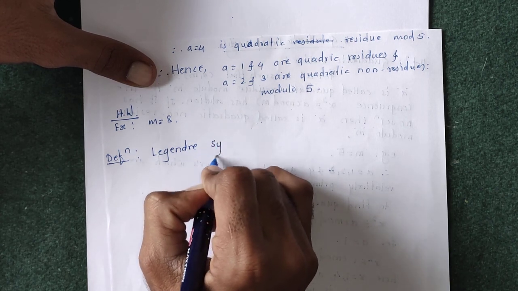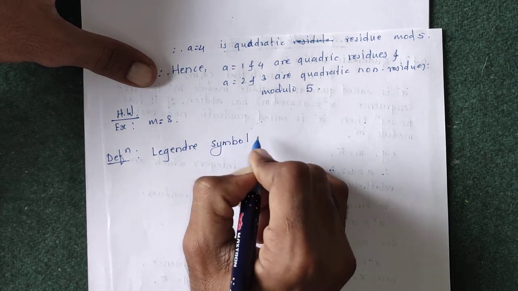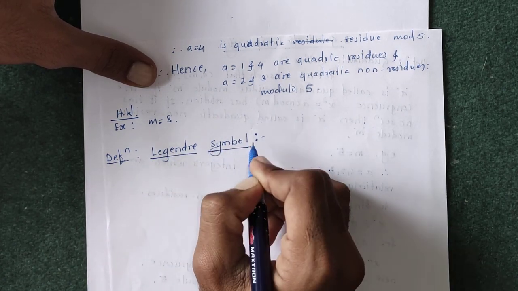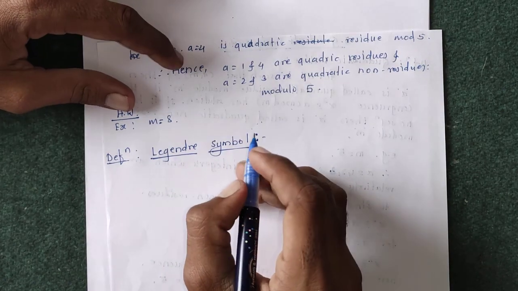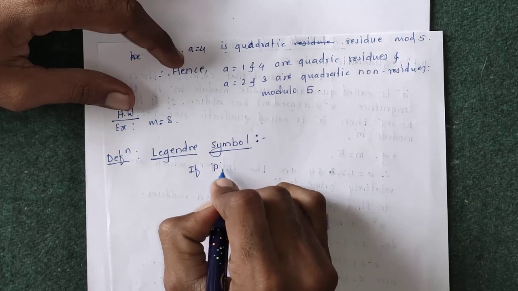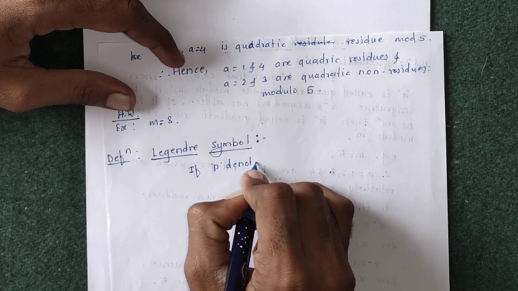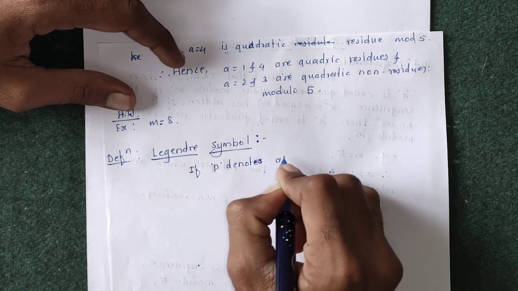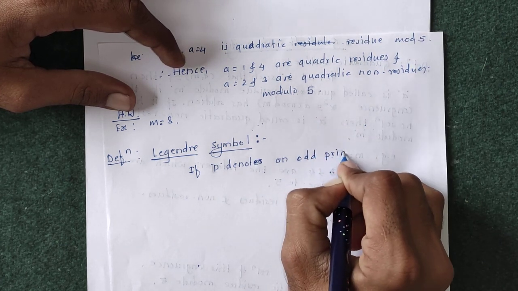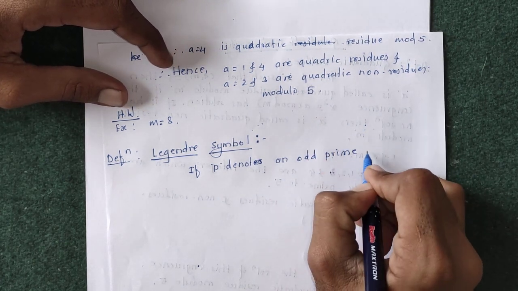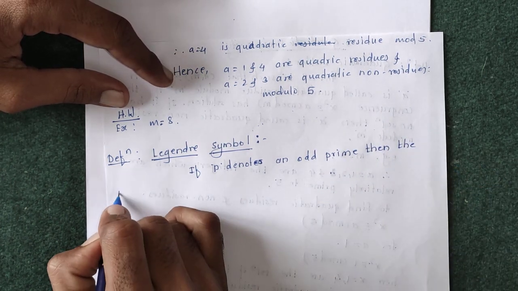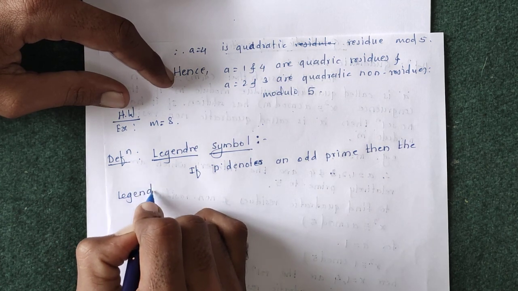The Legendre symbol is defined as: if p denotes an odd prime, then the Legendre symbol